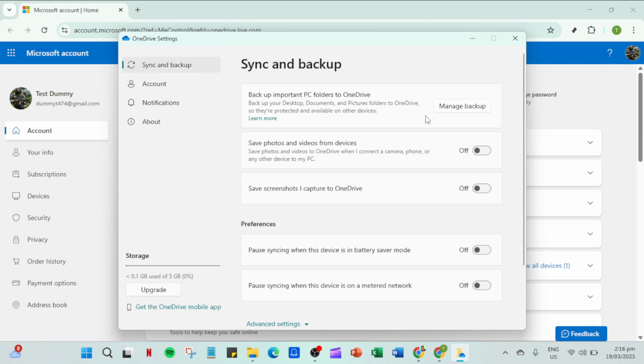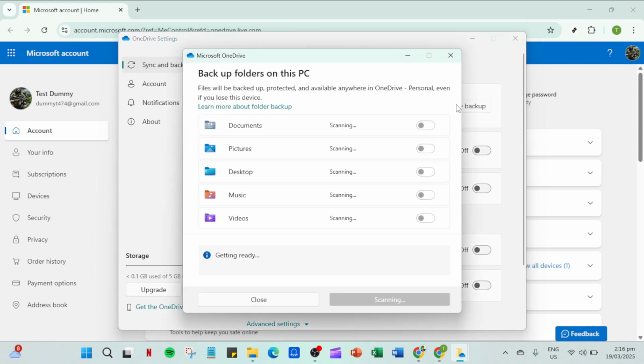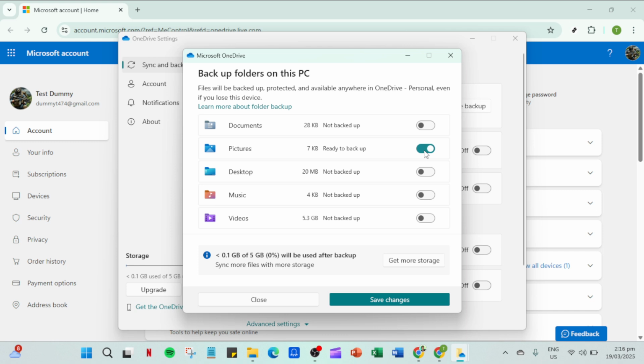When you're on the Sync and Backup tab, click on Manage Backup. This is where you'll decide which folders you want to be backed up to OneDrive. You'll see a list of folders that are currently set to backup, which typically includes Desktop, Documents, and Pictures. If you wish for any additional folders to be backed up, simply toggle them on by clicking the switch next